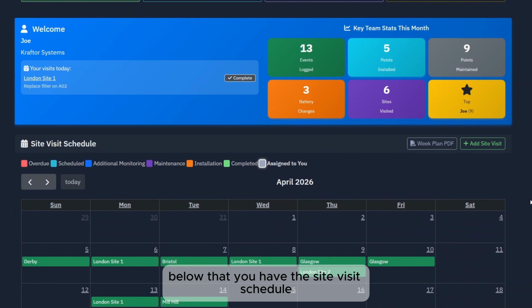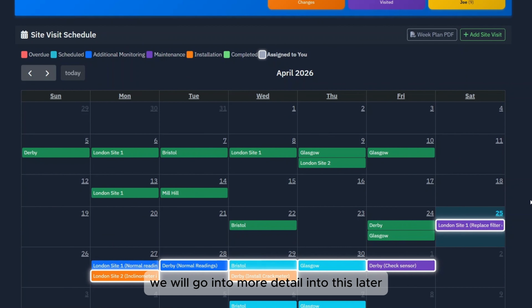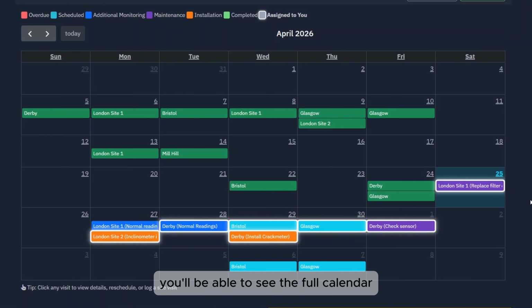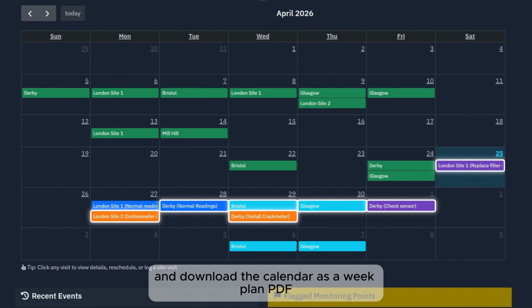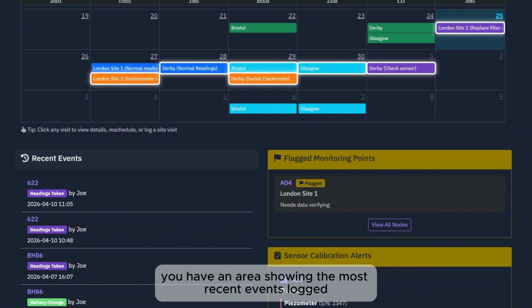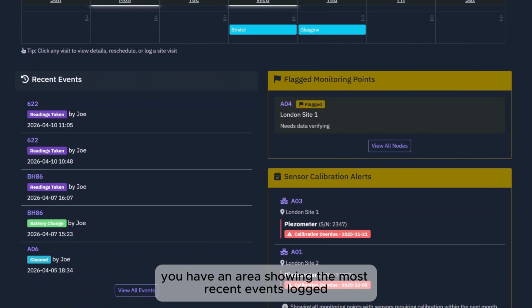Below that you have the site visit schedule. We will go into more detail into this later, but once this is live and visits have been added, you'll be able to see the full calendar, plan in visits, assign people to site visits, and download the calendar as a week plan PDF. If we keep scrolling, you have an area showing the most recent events logged,